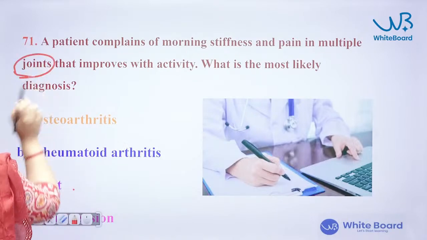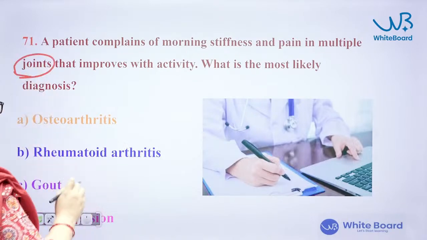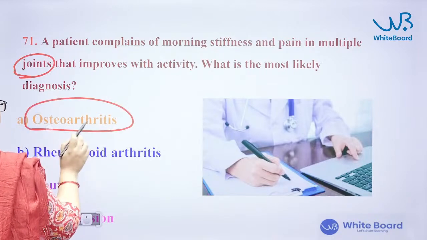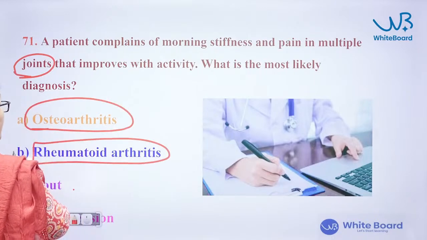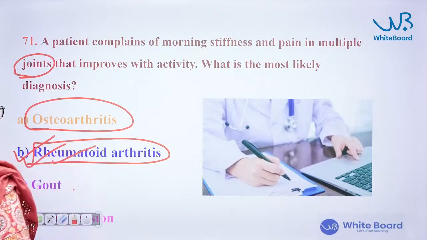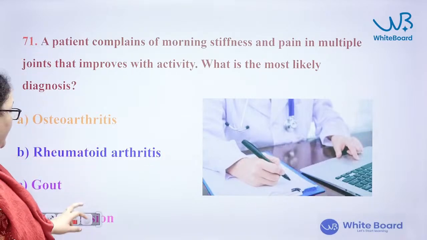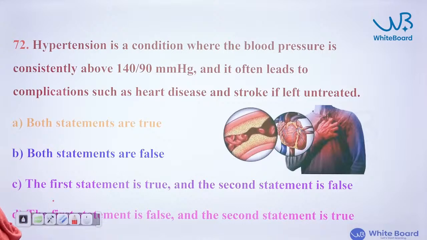Pain in joints. If there is pain in the bones, osteoarthritis. If there is pain in the joints, then it is rheumatoid arthritis. So, the correct option is option B. Next,